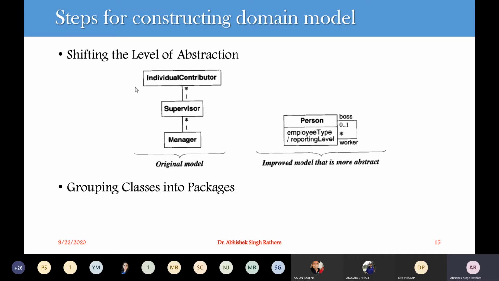So what we can do is transform these three classes into a single class, and we can have this association with names available here: boss and worker. So let's say an employee is a worker of this particular boss, or A is a boss of this particular employee. We can go for an employee type. So when we have a person who has an employee type, let's say an accounts section, or again an associate professor, professor, or assistant professor.